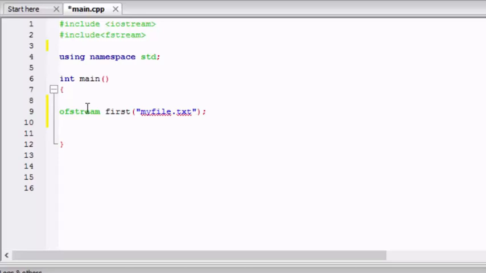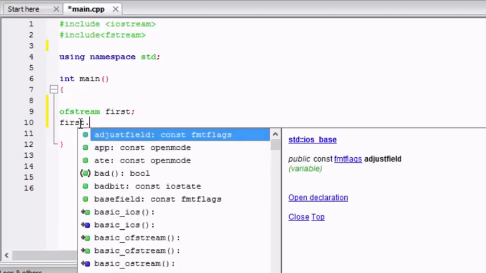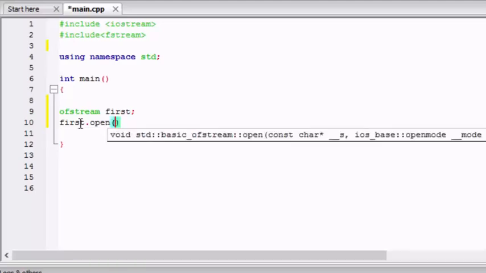And there is another way I will be telling you. Let's delete this myfile.txt from here. And then through that object we will open a new file. first dot open is a function that is included in the ofstream class, myfile.txt.